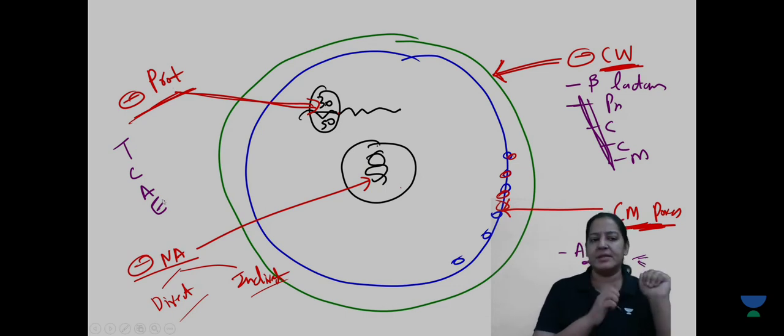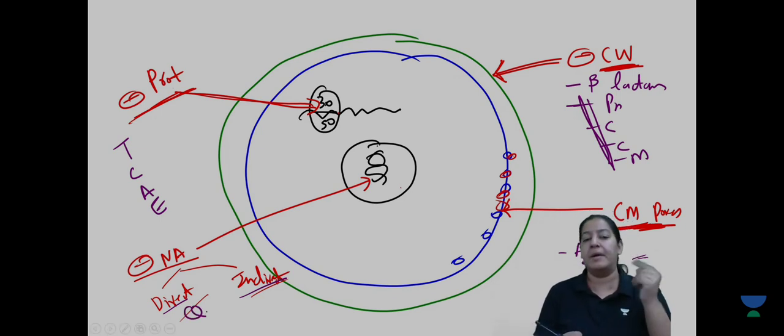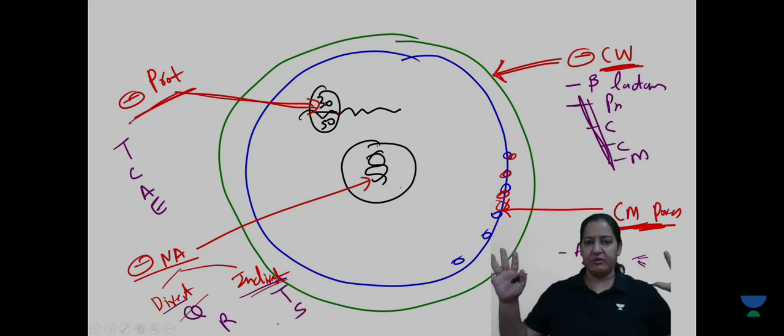These are the important protein synthesis inhibitors. And can you tell me the names of the drugs which inhibit nucleic acid synthesis? There are direct inhibitors and indirect inhibitors. In direct inhibitors, quinolones and rifampicin are the best examples. In indirect inhibitors, trimethoprim and sulfonamide. So that is the classification in front of you, right?